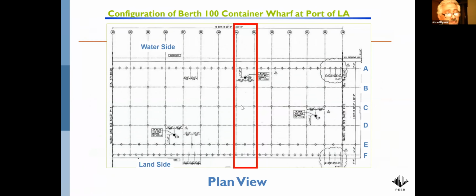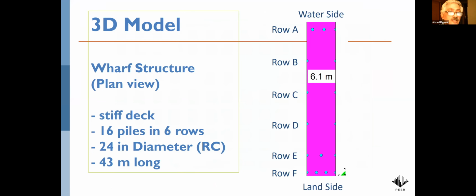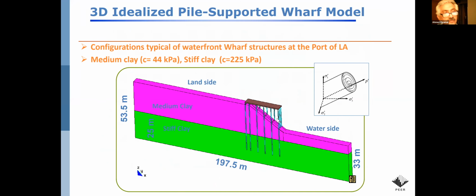to think that because of symmetry, if we take a 3-dimensional slice, what is shown in red here, and we study this slice with as many elements as we can use, we can get a very good representation of the transverse response of this wharf, which is the important response because this is where the slope is that the wharf is facing, like you see here with this slice being our 3-dimensional model with appropriate boundary conditions on both sides because of symmetry. And with this logic, looking at the response,